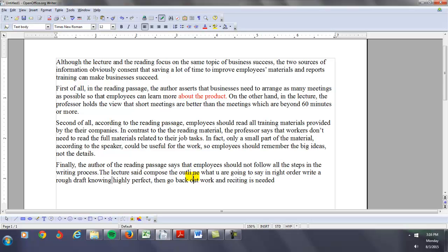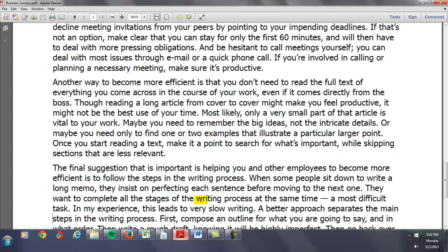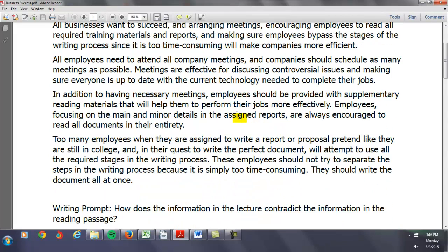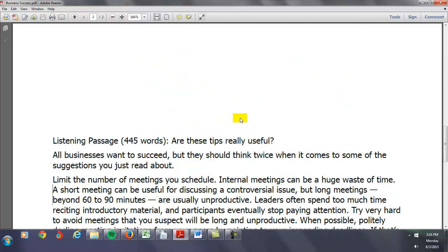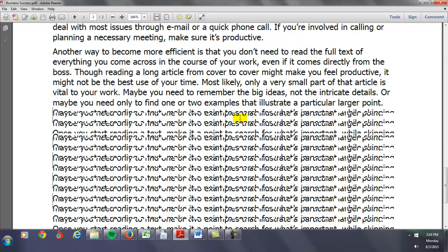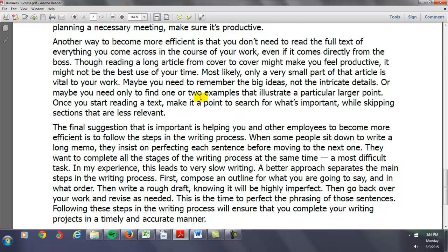But you're leaving out, and this is really going to have an impact on your score here, a lot of big ideas here, right? Let's go back to what the reading passage actually says, because you can't always summarize an entire paragraph in just one single sentence. Sometimes you might need a little bit more than that. So it's saying here is that employees,